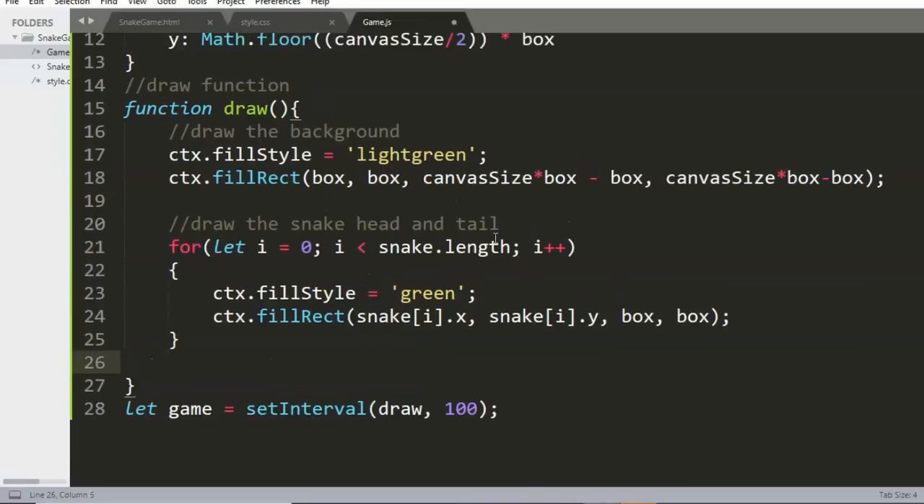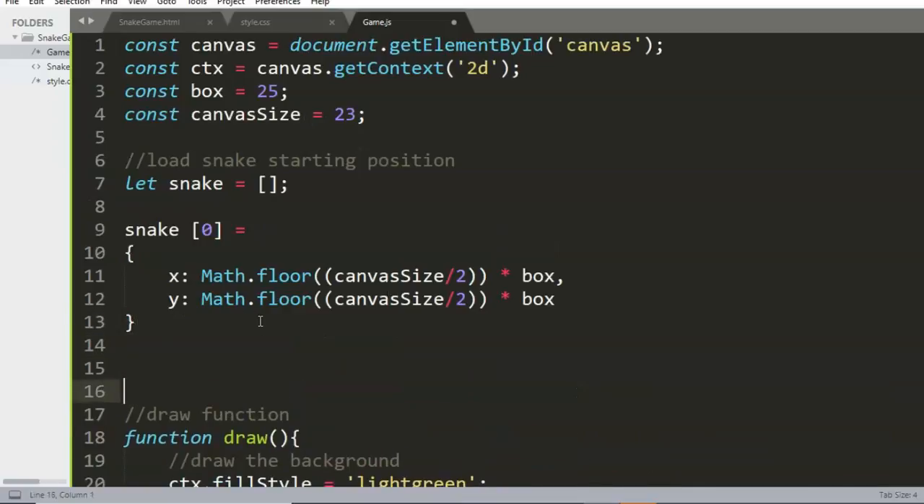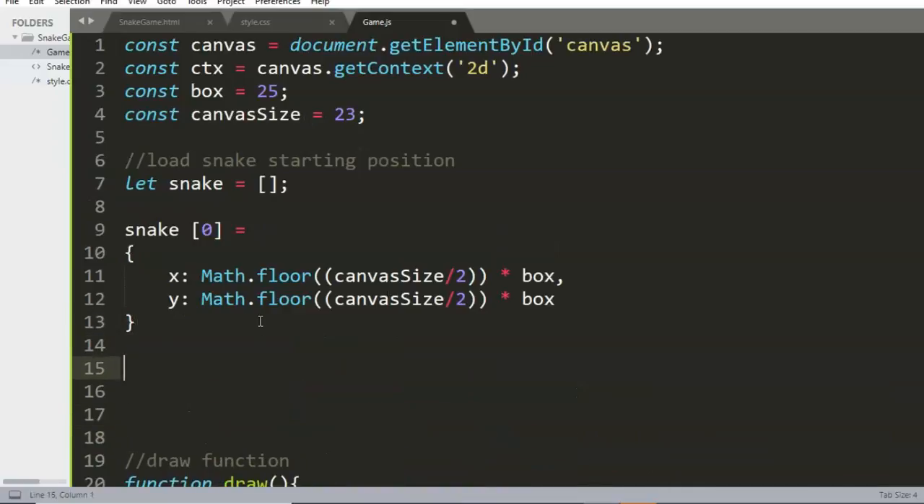So now we need to move the snake. We have it built here, but we need to be able to move it. And so outside of our draw function, we are going to create a separate function. First we're going to create a variable called direction. And direction is going to check for a key being pressed. So we're going to add event listener,